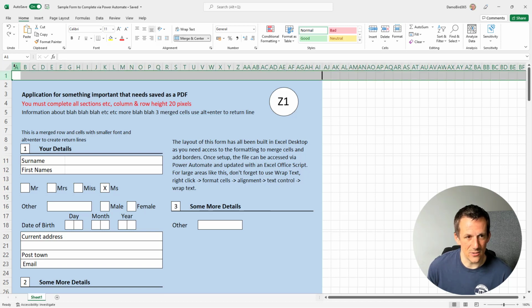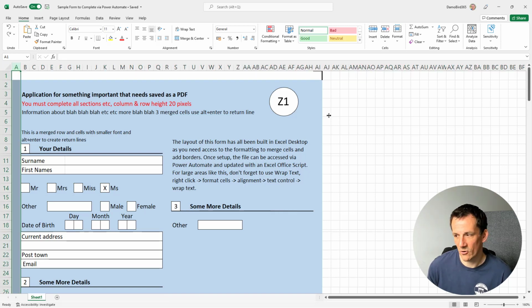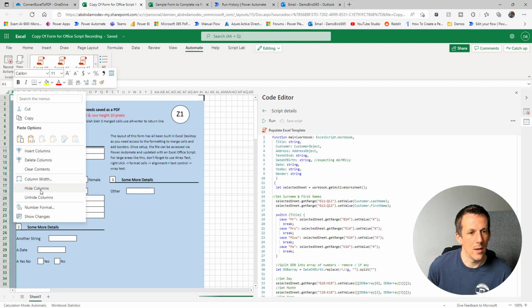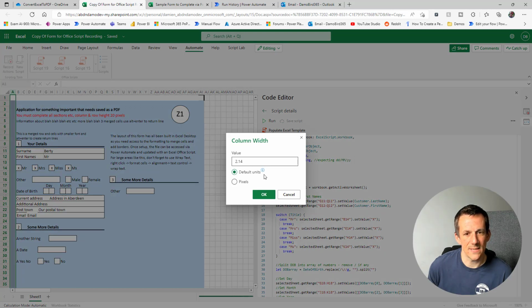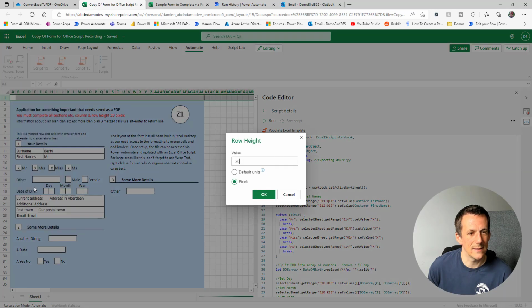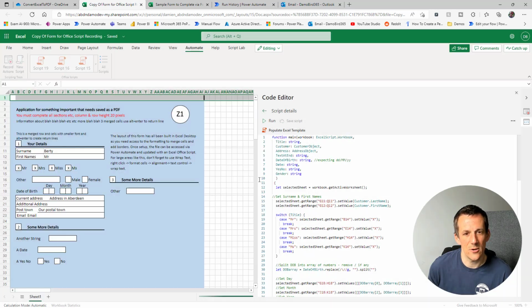It's not so easy to set within the desktop client, so I'd actually recommend that you start your original file from Excel Online, and that just means that you can go into the column width here and set that to pixels, and there I've made that 20 pixels for the column width, and equally when I went to the row height, again pixels 20, so I know I've got quite a uniform cell there,